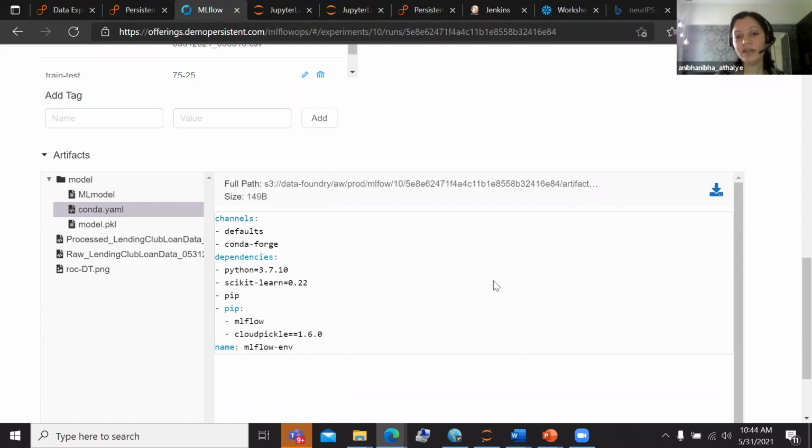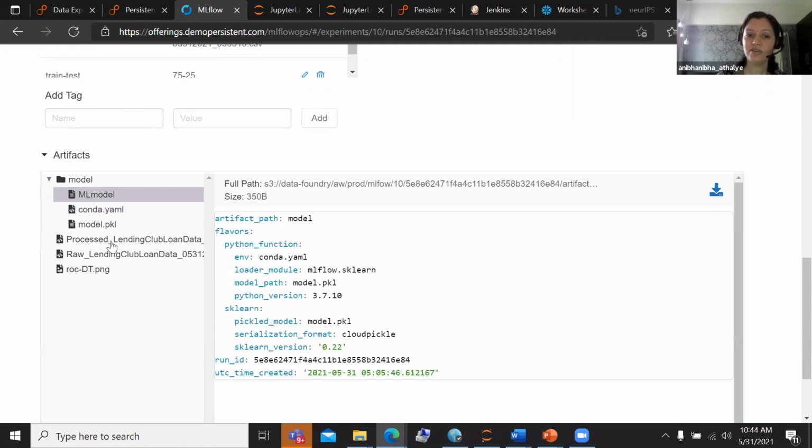What this enables is to create an environment and deploy the model pickle file into that specific environment very, very easily, instead of any manual work. So basically, all the artifacts, whether it is your pickle file or the loader module, everything that is needed to reproduce this experiment is very well captured in these config files. And this is happening while you are doing the machine learning experiment itself.